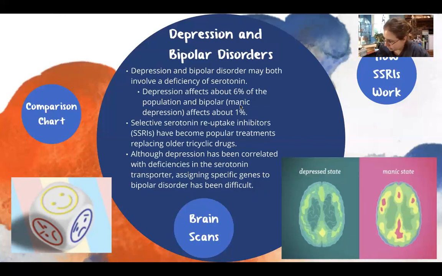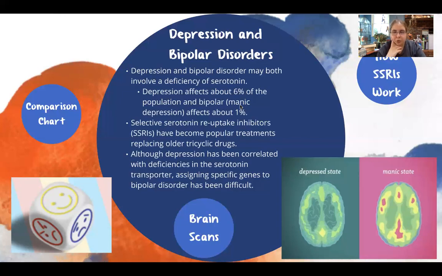So there are versions that are purely based on circumstances in the world around you and how they affect you. But in terms of this 6% and 1%, that's looking at the genetic variation. So something in the genes that, even if there's no reason for you to be depressed, if you have a wonderful, amazing, incredible life, but you still experience depression, it could be because of these genetic factors.